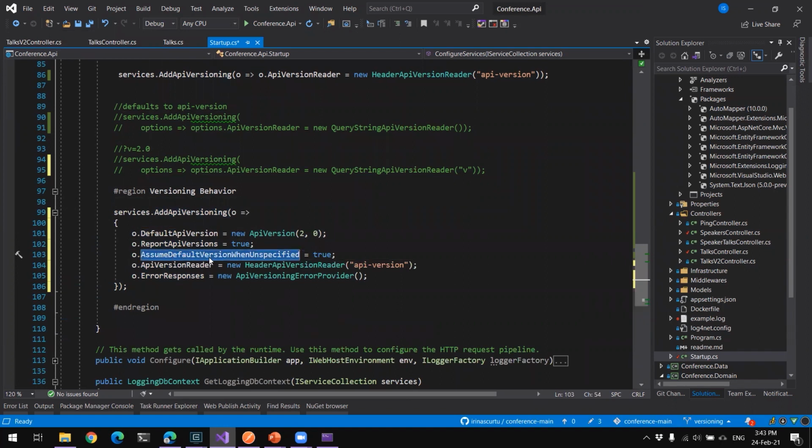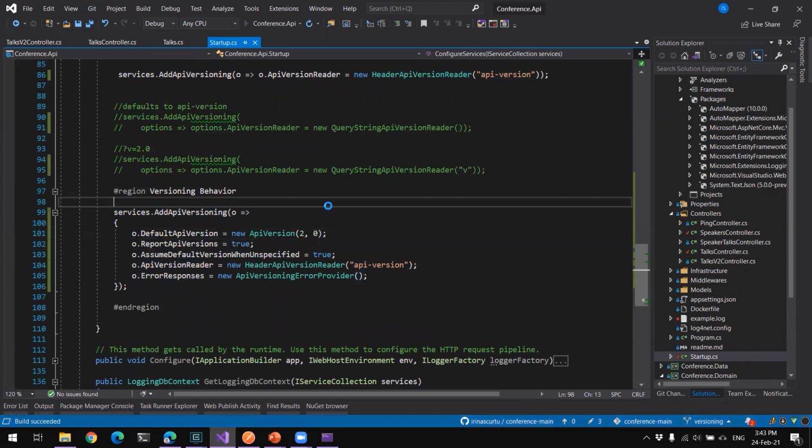And also there is the property that says, hey, assume the default version if nothing gets added in here. So it's a way of enforcing the user. Okay, you do not send this, you'll get the latest version or something like that. Here is the same as above. You specify where you want that. And also if something bad is happening, you can create your own version error provider if you want to have a specific format or so on.